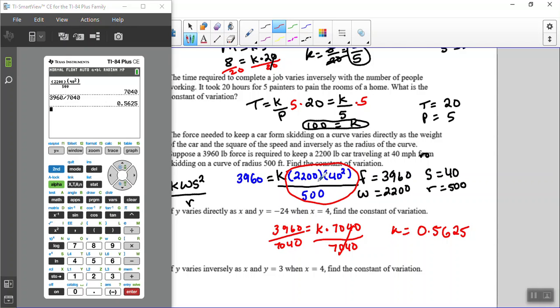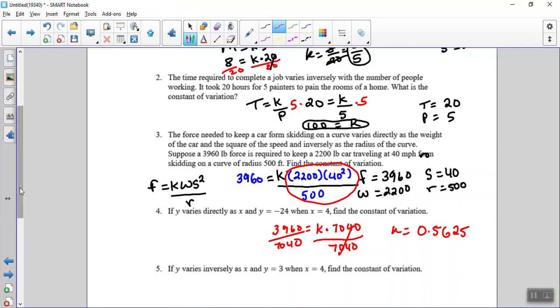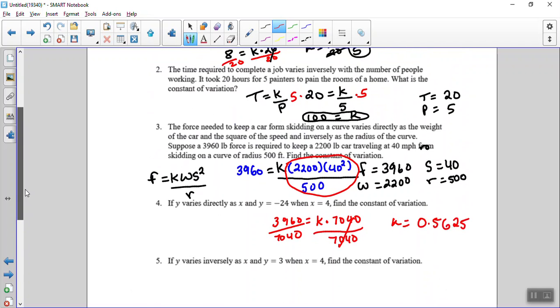Let me just double check all of the numbers. Yep, that looks good. Okay. And then I'll have you guys try these. Alright,